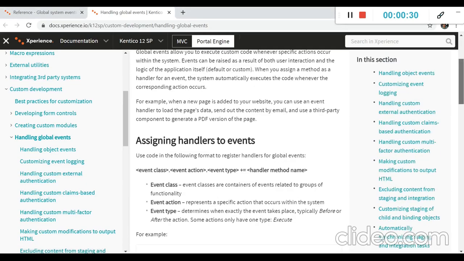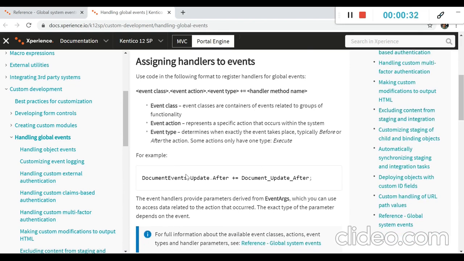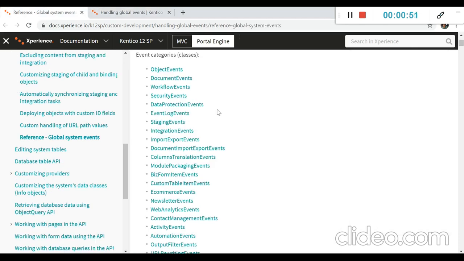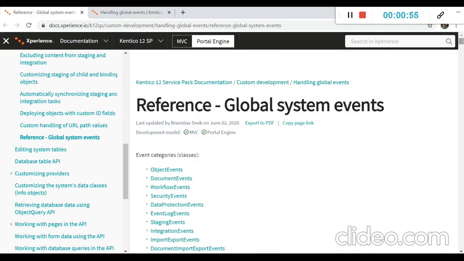In the Kentico documentation, you can see the syntax of a global event. The syntax is divided into three parts: the event class, the event action, and the event type. Event classes are things like document events, object events, and BizForm events. For all those event classes, you can follow this link where you can find all the classes and events.